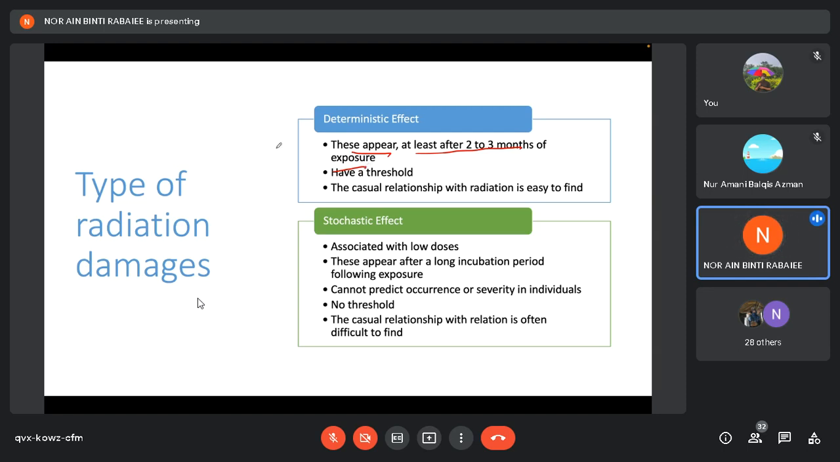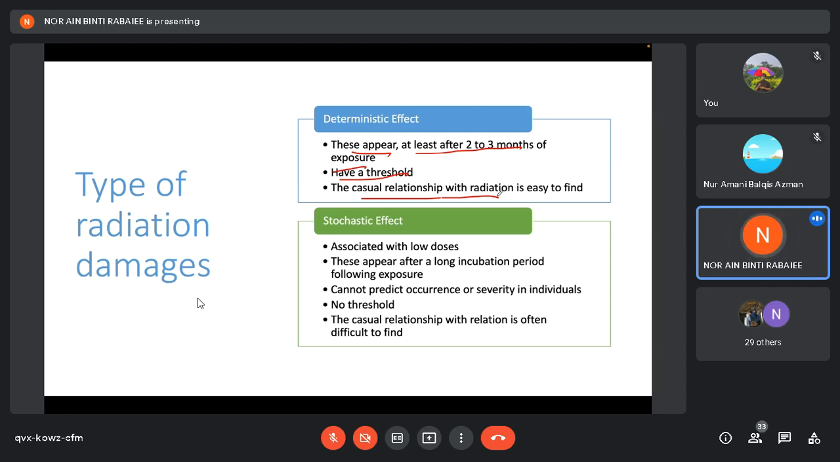Might need only 2 or 3 weeks for you to see the result. Deterministic effects have a threshold, and you can easily find the relationship of the effect with the radiation. For example, let's say about the radiation treatment, because we know that when we talk about radiotherapy,